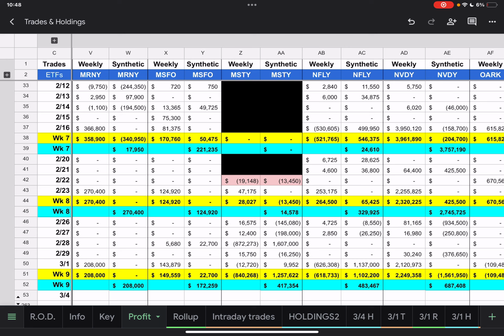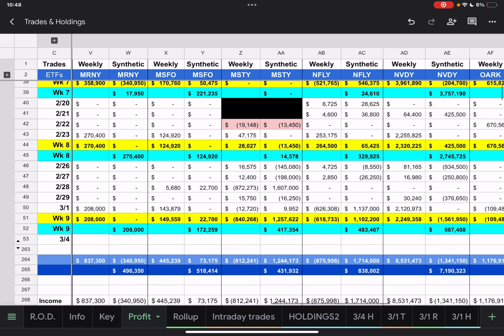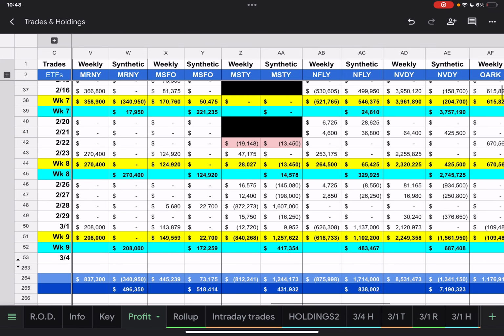The second week of Murney there, it looks like all they had was the closeout of the weeklies on Friday, where they gained 270, and then the same thing the next week, so 208, so that's pretty good. So the first week was bad, the next couple of weeks were good. But you can see for the weekly short call, they actually brought in 837, but then lost 341 on that synthetic for a total gain of